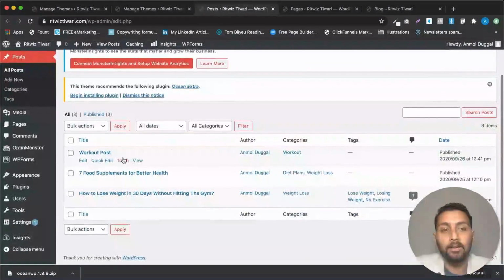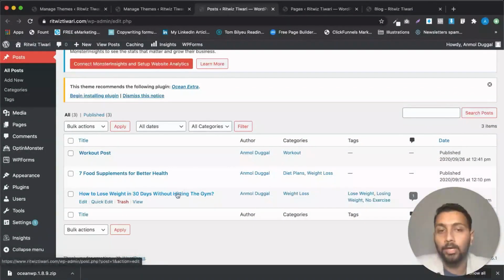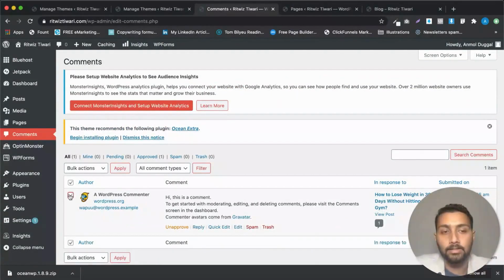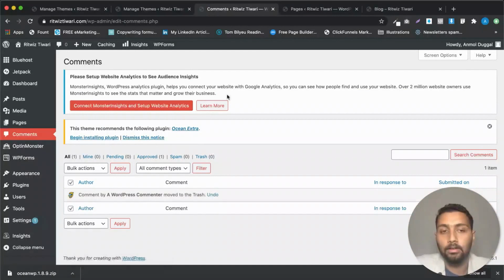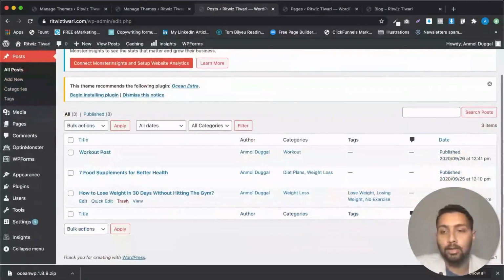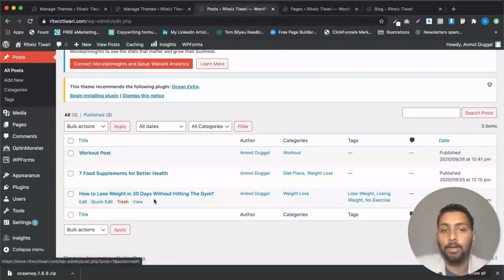But when I delete the default post, which was this one, the comment will get automatically deleted. But since we have changed the content, there is no default post to delete, but there is this one comment. So let's go to the comments part and delete this comment. See, I can just select it and I can trash it. All right, now the comment has been deleted. So if I go to the posts again, you can see here that no comment is here now. If I open up this post, the comment is not going to be there.